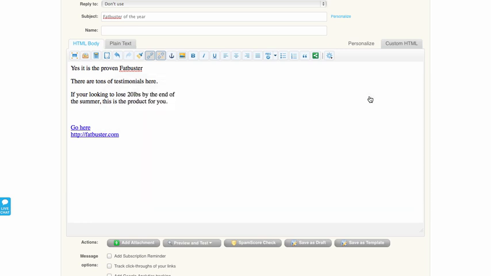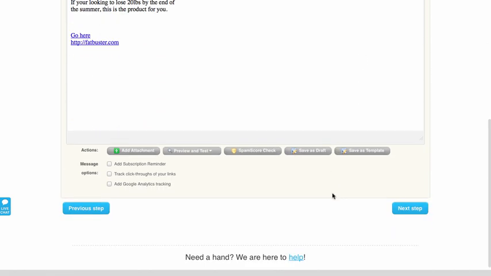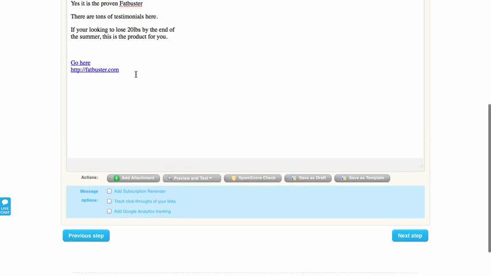Now, before you go over and send the email to your whole list, you're going to want to uncheck the tracking links. You don't want that, because your autoresponder will track it, but it will add a whole crap load of ugly text behind the URL, and it just doesn't look great.